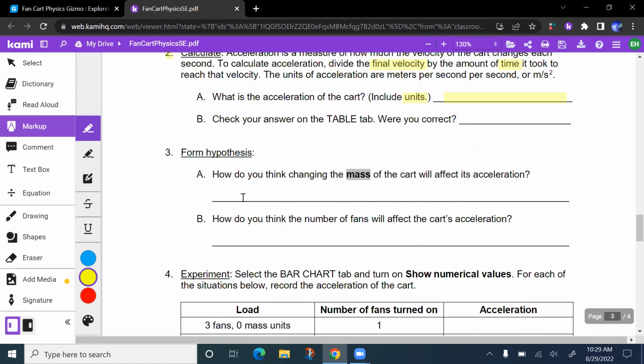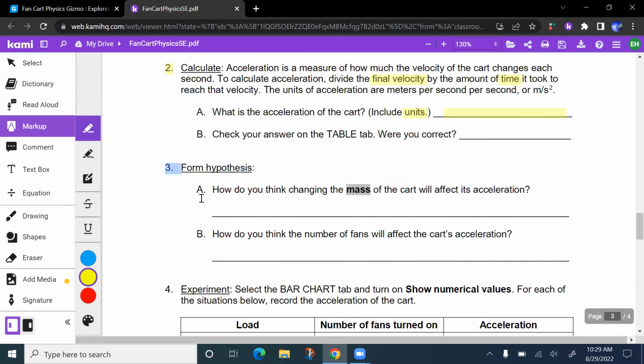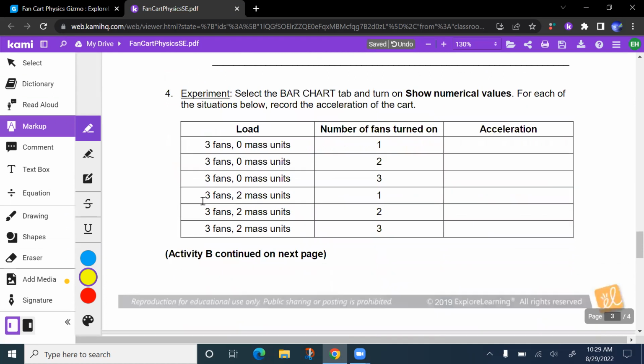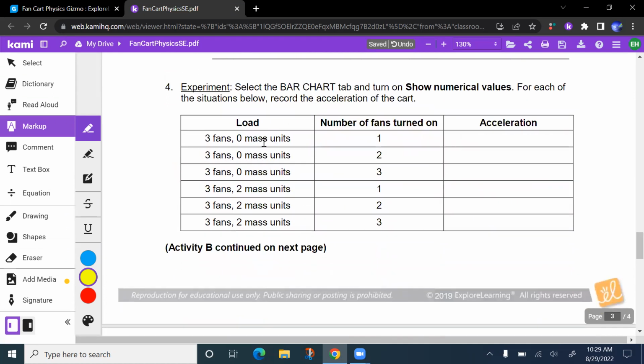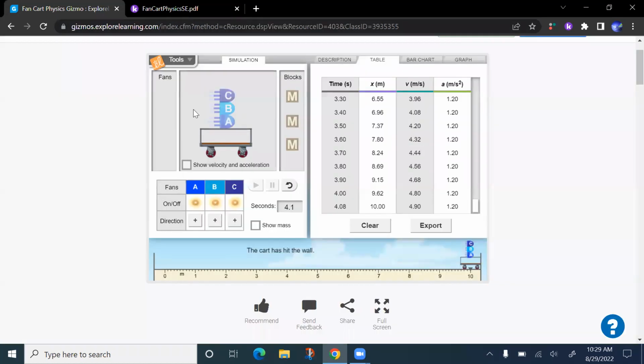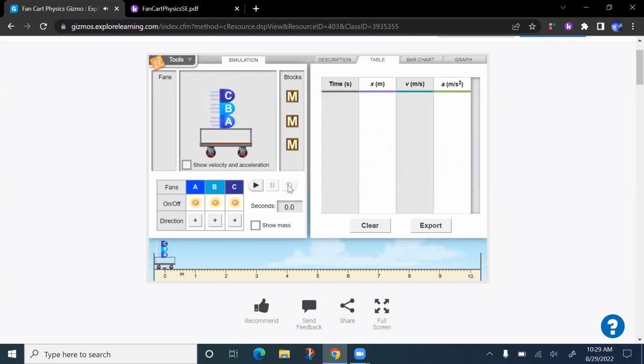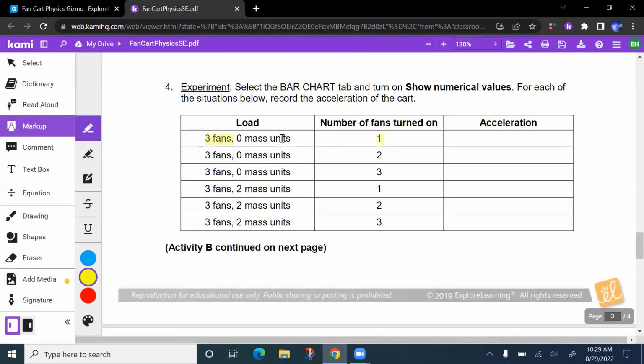Okay, experiment part 4. Let's see how this works. We're going to select the bar chart, and we have a controlled experiment here. First, we're going to start with 3 fans, only one of which is turned on. So I'm going to clear 3 fans, only going to turn on A. Okay, what you're going to do is press play,